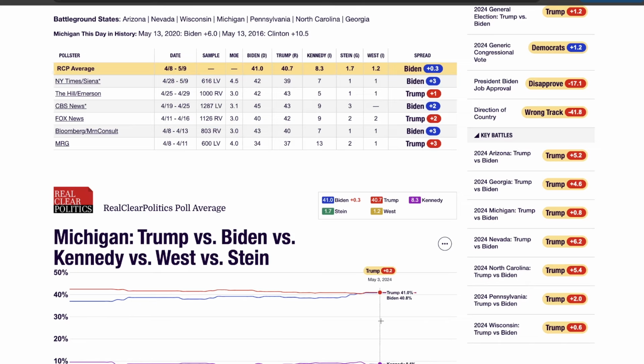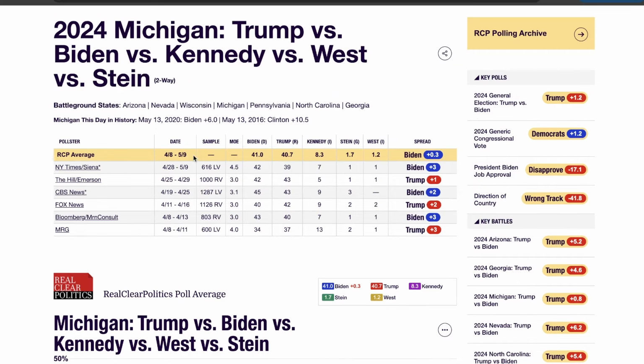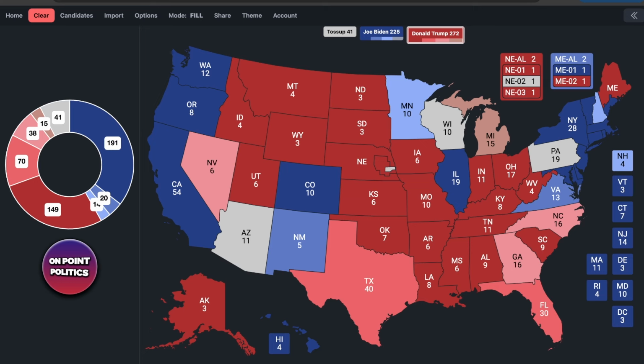And the polling has gotten closer, and Biden finally took the lead in Michigan. However, it is too small of a lead to say that Biden is definitely guaranteed to win it, because Biden and Clinton led the state by multiple points and were overestimated both times, to the point where it was to Hillary's detriment in 2016. And so we can't assume that Michigan is going to go into that